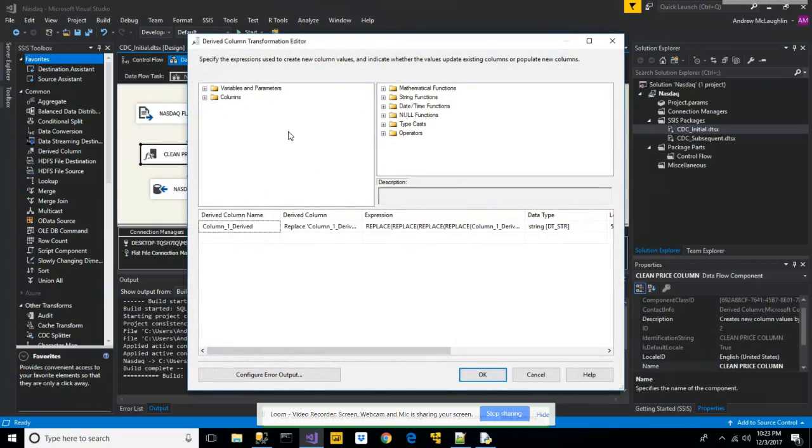To clean the price, what I did is came up here to the columns, and it was column 0, column 1, column 2. Column 1 was the price column. And so we're using this expression over here. It's basically just a series of replaces. You don't have to do this if you don't want to, but this is just personal preference. So basically, I took column 1 and I replaced